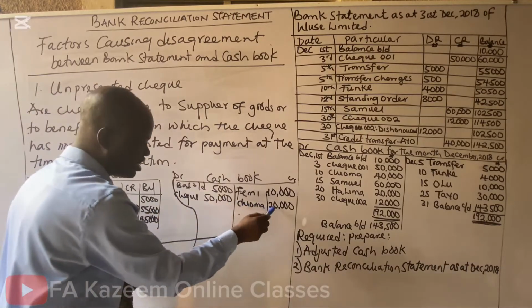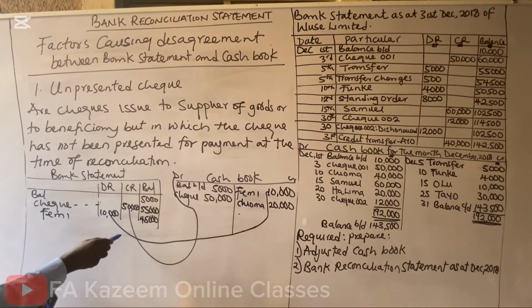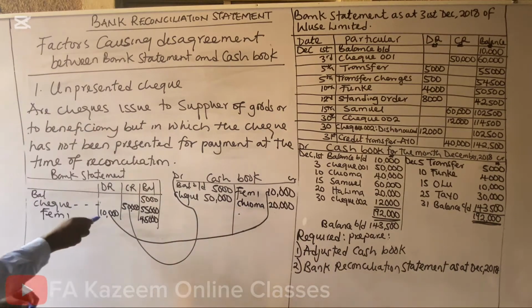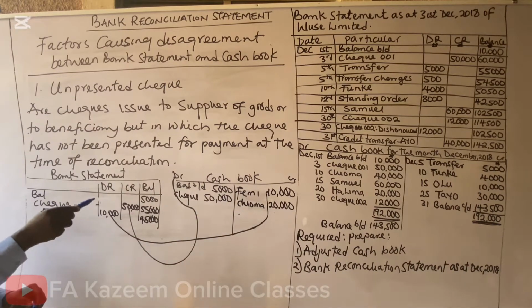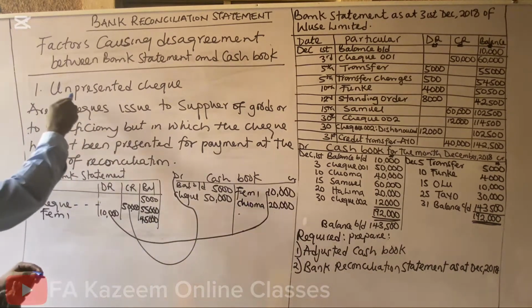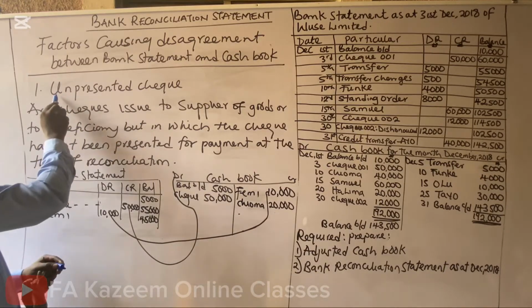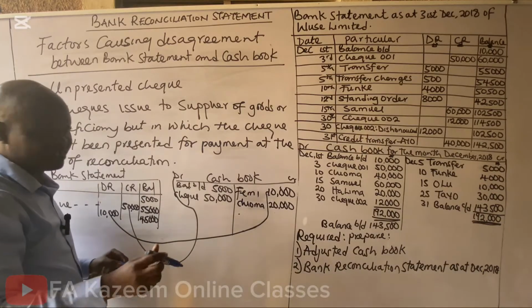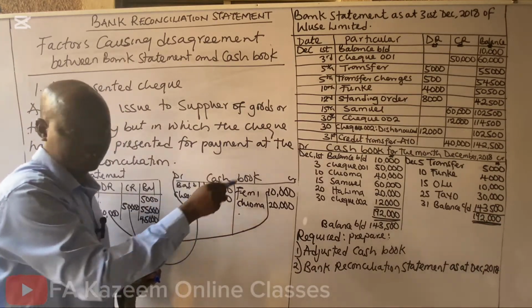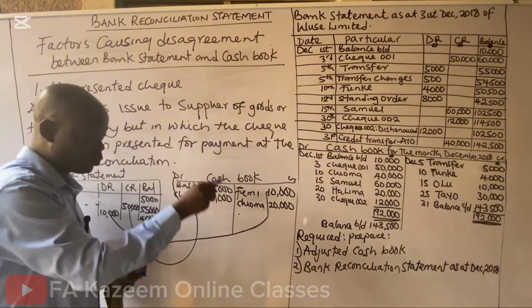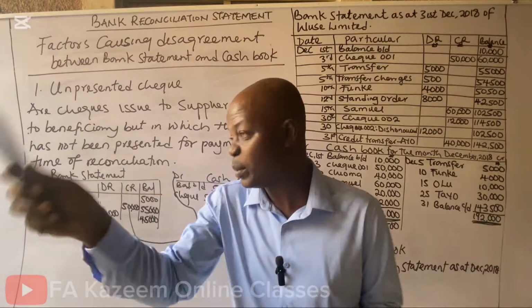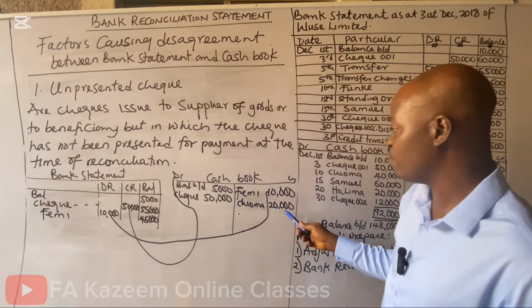If Chioma had presented this check, the bank would have deducted another 20,000, and the bank balance would now remain 25,000. But Chioma did not take this check to the bank. For Chioma not taking the check to the bank, it means the check was not presented, and that makes it an unpresented check. What will be the consequence? The consequence is that the business or the customer who issued the check, thinking that Chioma has presented it to the bank,